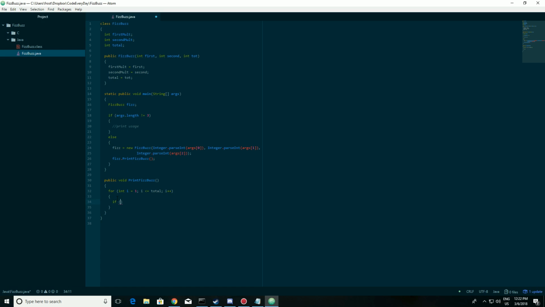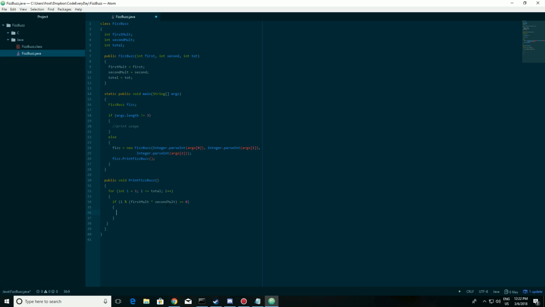So what we can do is say, FizzBuzz prints out FizzBuzz if it's divisible by both the numbers. If it's divisible by both the numbers, then it's divisible by the product of both the numbers. So if i mod first mult times second mult equals 0, whoa, what did I just do? Then we should print out something,